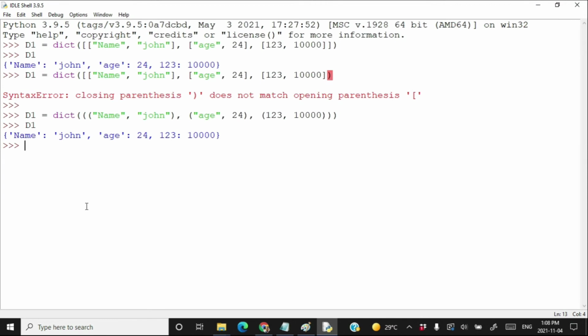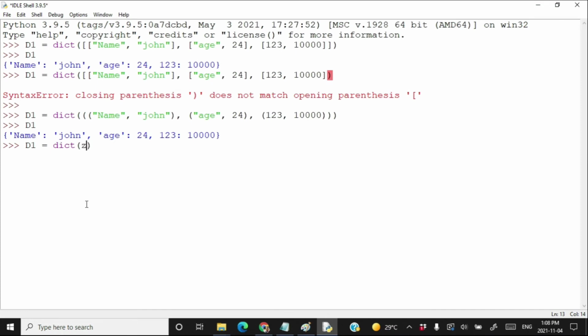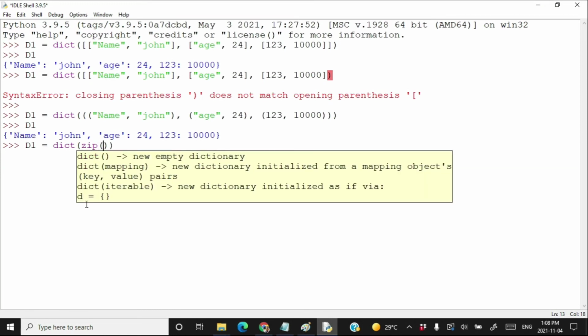The other way to use the dict method is something more interesting. You write here D1 is equal to dict. Inside the dict, provide another method called the zip method. What the zip method does, it accepts two tuples as its arguments.